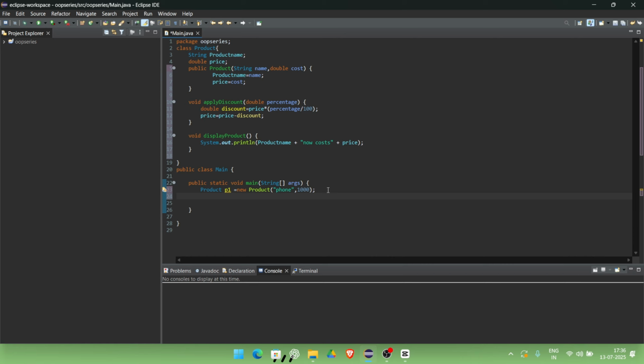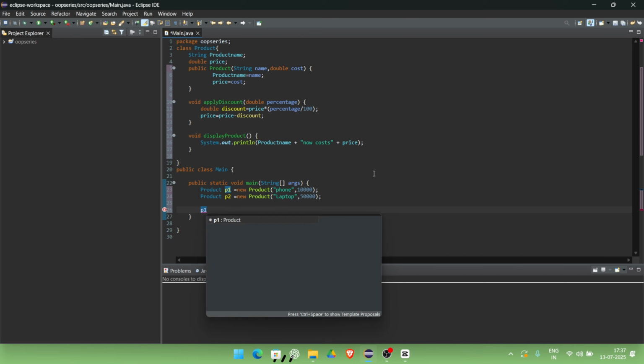Let's create another object, a laptop priced at 50,000. Now, we have two real objects, p1 for phone and p2 for laptop, each with their own unique data stored